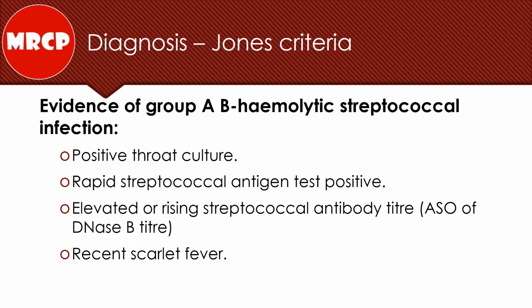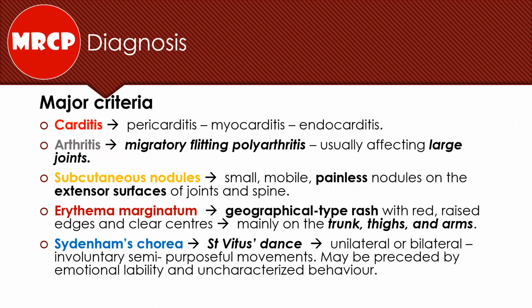And in order to proceed to a diagnosis of rheumatic fever, basically and fundamentally, you have to have an evidence of group A beta hemolytic streptococci, because without evidence of beta hemolytic streptococci, you cannot build a solid diagnosis or a solid etiology for the presentation of these patients. For the major criteria, it's very important to know, first of all, the components of the major criteria, and secondly, you have to know the particular characteristic of each of these criteria, because these criteria have a very unique and peculiar mode of presentation.